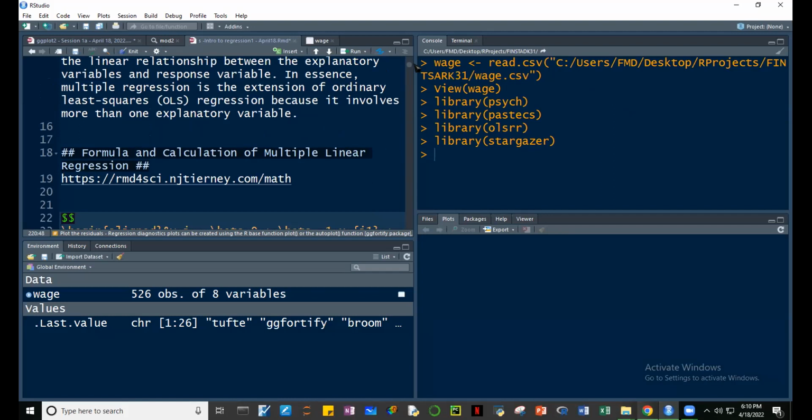Two main objectives: to explain or describe your dependent variable using your predictor variables, and the second one is for prediction. You would want to predict your dependent variable using your